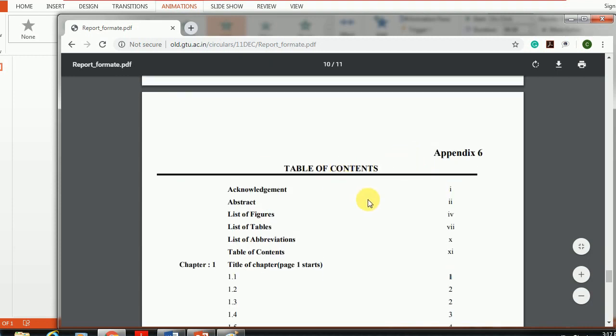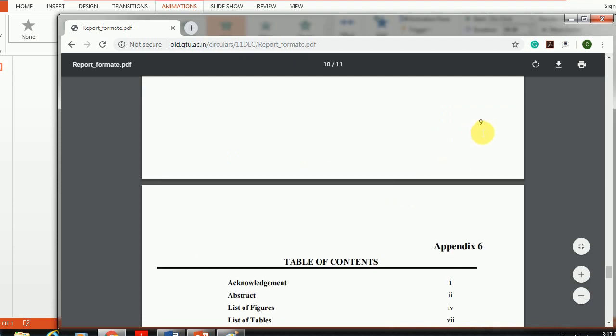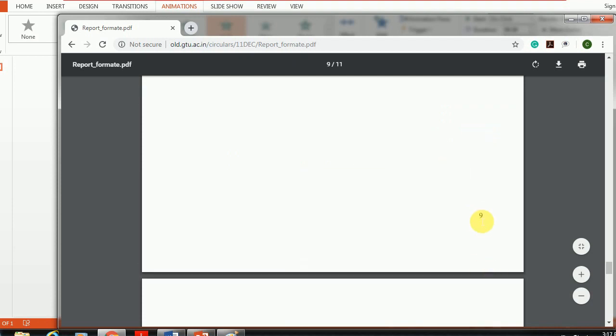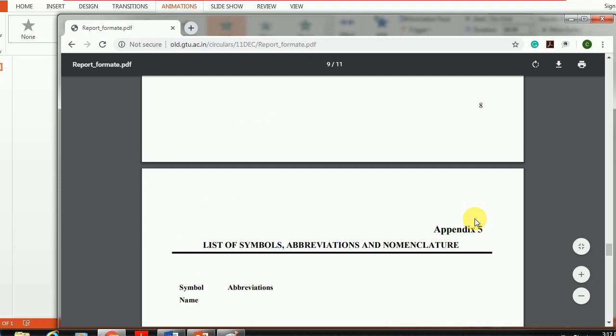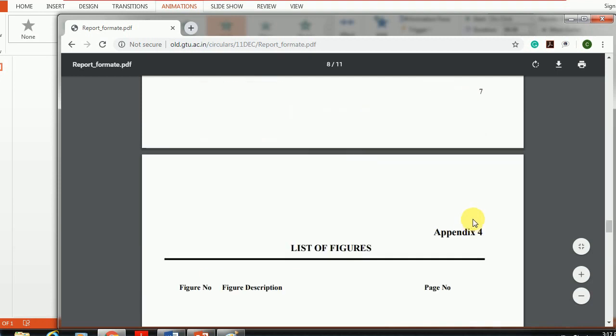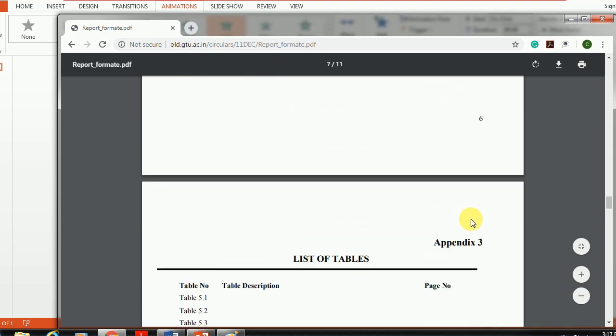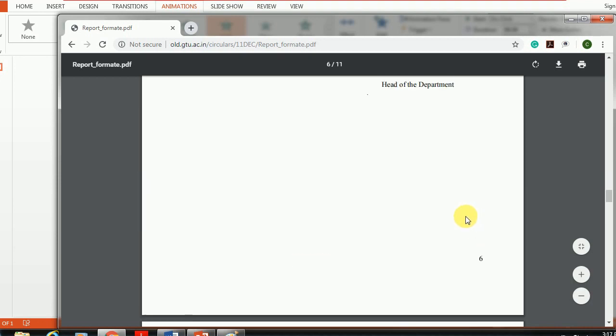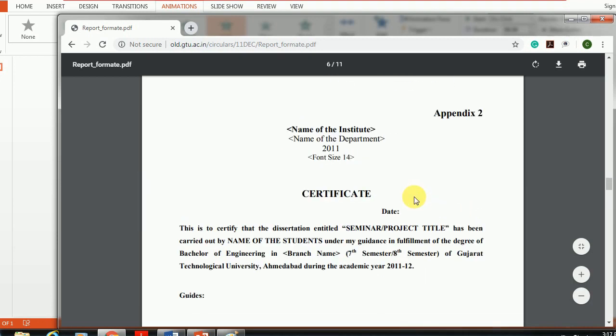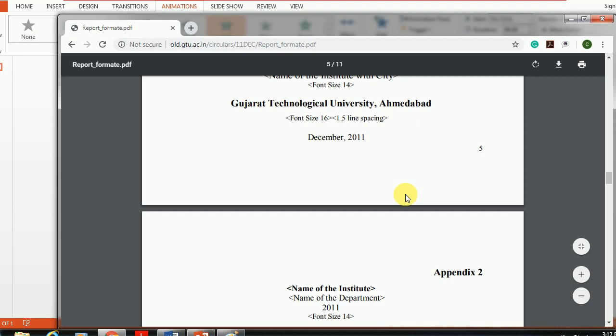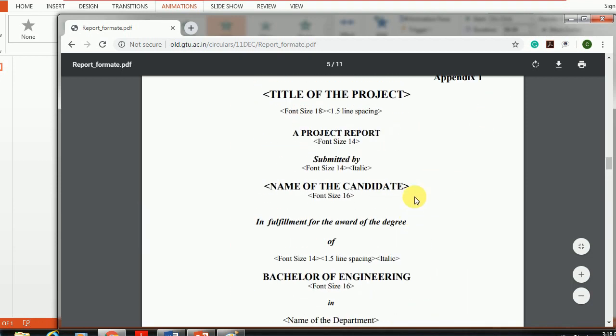Here you notice one thing, that the initial page numbers are given in Roman letters only. So Times New Roman is required. How to change the page number, we will also cover in the upcoming videos. So this is all about the project report. You are required to consider all these font sizes.